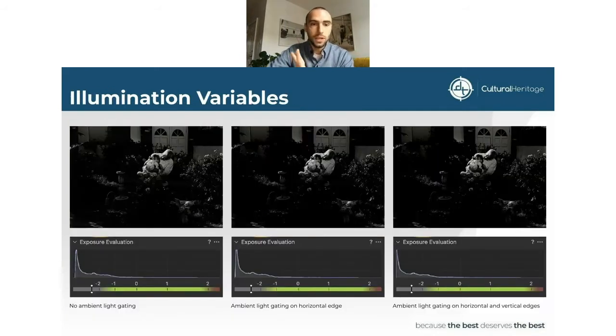So 3 different captures of the exact same piece of film show that we actually have very different responses in the raw data, and that's apparent in the exposure evaluation tool in Capture One. Some people may have used this before, some people may have not, but think of it as just a histogram for the raw data. It's completely independent from the RGB histogram. This is basically telling us, is our raw data clipped or not, and how is it distributed throughout the dynamic